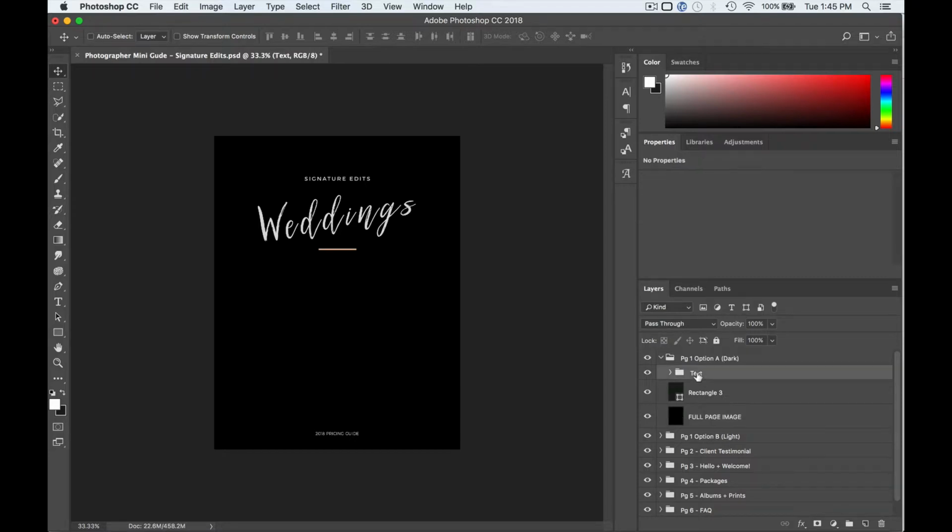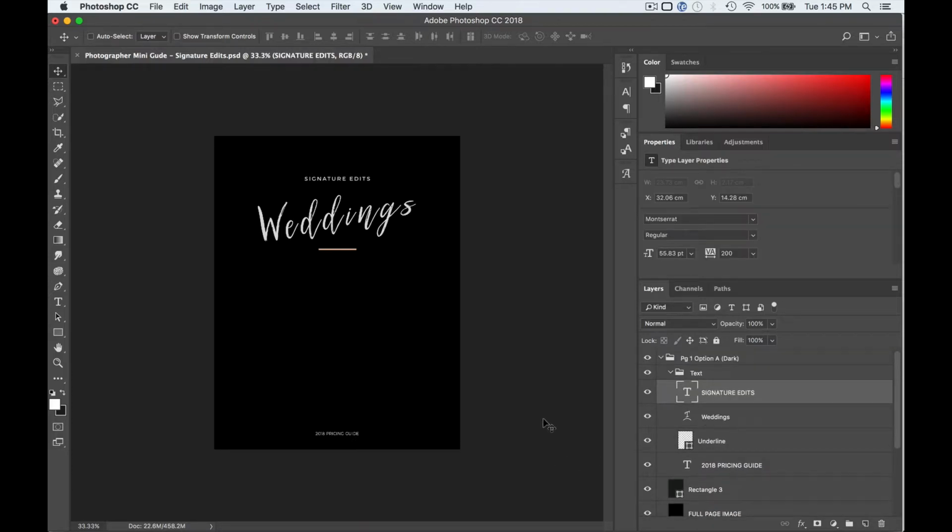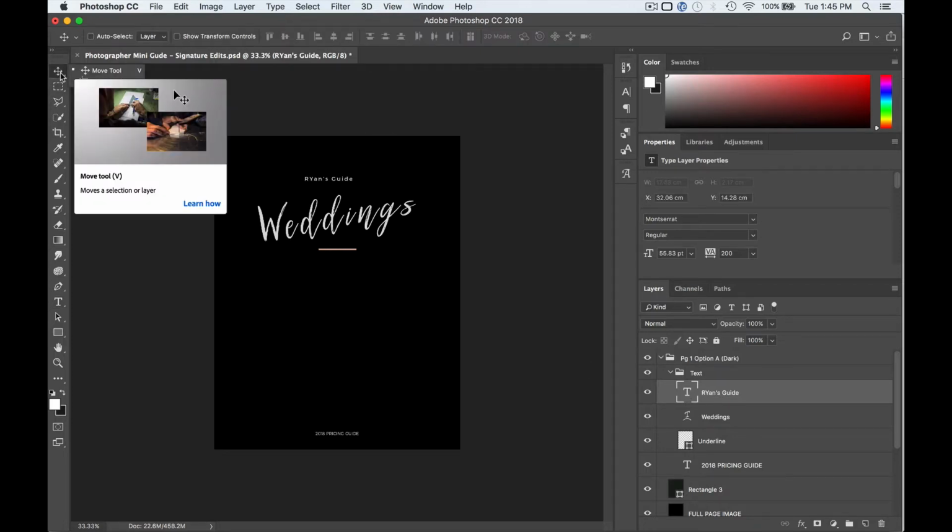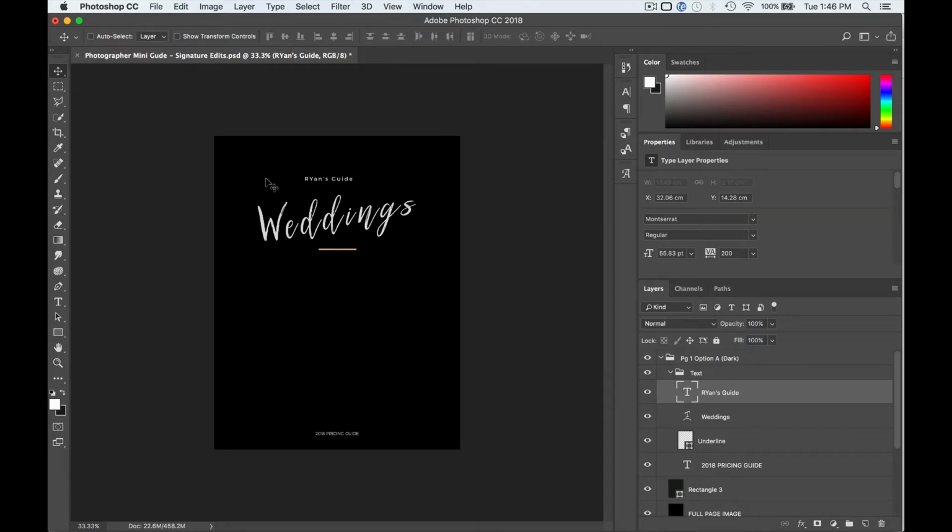Now if I want to edit individual text layers, it's very similar. I'm just going to go up where it says text, hit the drop down arrow, and then select whichever layer I want to move or edit. If I want to edit the text, I just double click inside of that box and I would type my own thing, Ryan's Guide. And if I want to move it, I can make sure I've got the move tool selected here by pressing V or hitting up here,